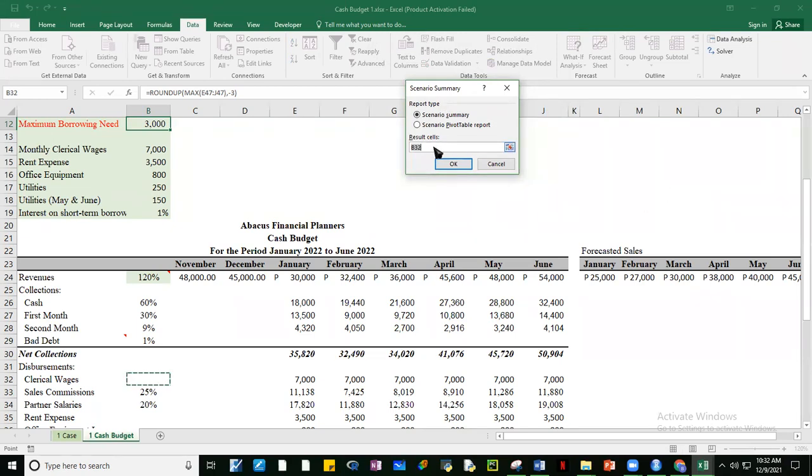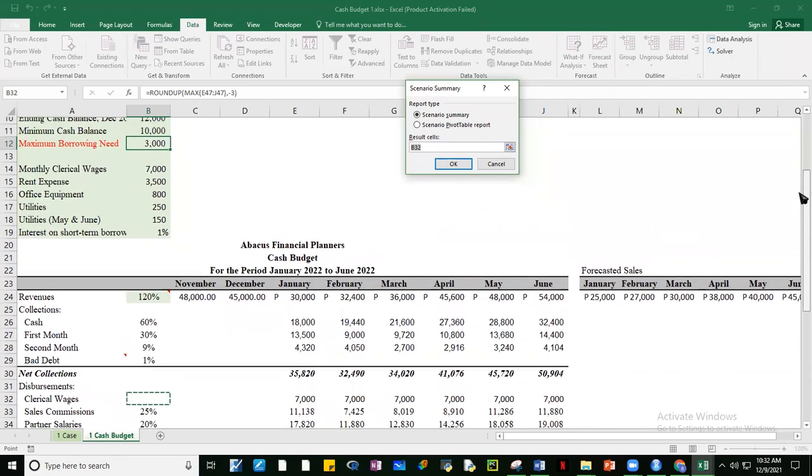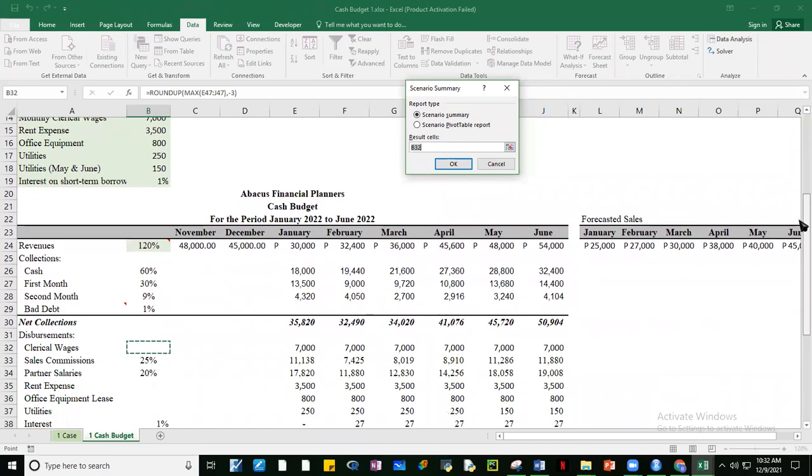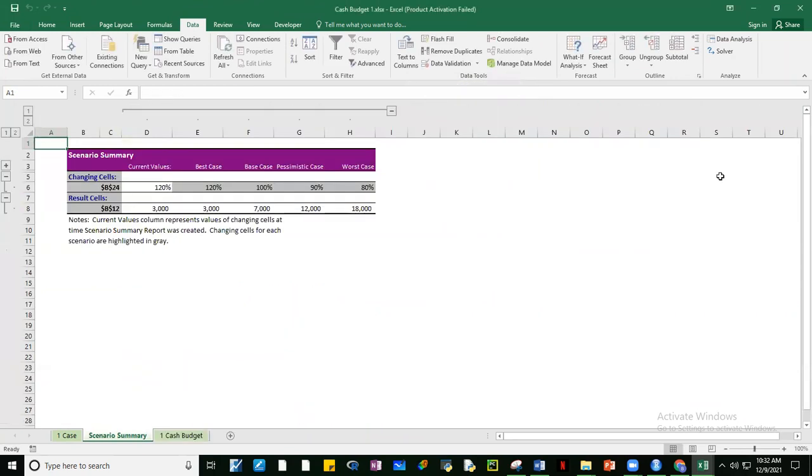Summary then, guys, result cells natin. So tinatanong tayo ni Excel kung anong gusto natin na hanapin na result. Okay, ilalagay natin dito sa B12. In other words, sa bawat scenario, ibibigay niya kung ano yung maximum borrowing need natin. Okay, and then okay natin to. All right.